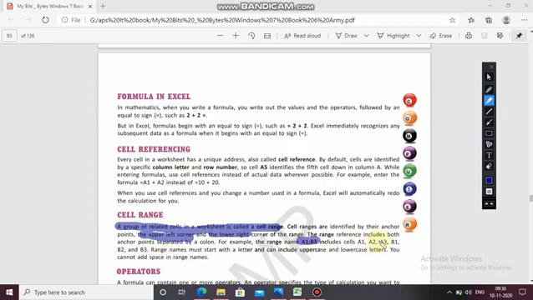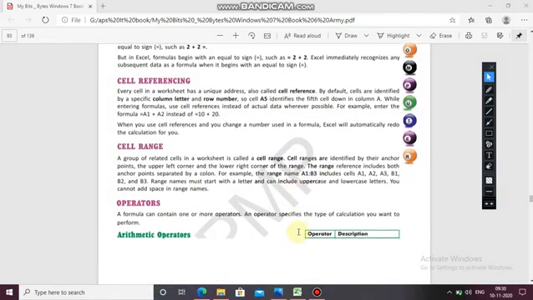So from A1, A2, A3 till B1, B2, B3. A range name must start with a letter and can include uppercase and lowercase. And you cannot add a space in range names. Remember this. Never use a space between range names. Clear?